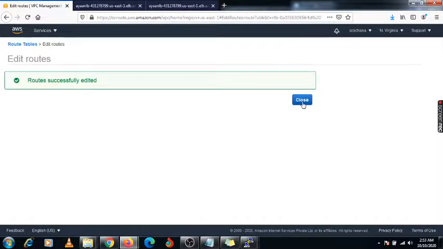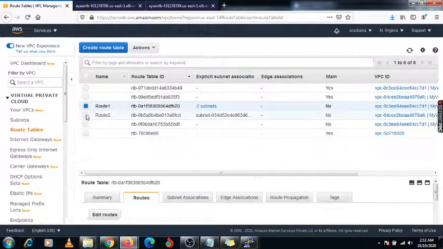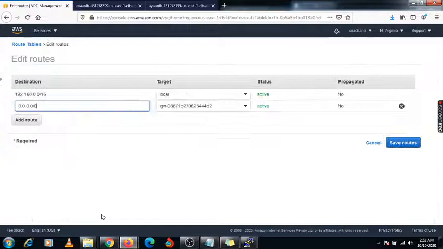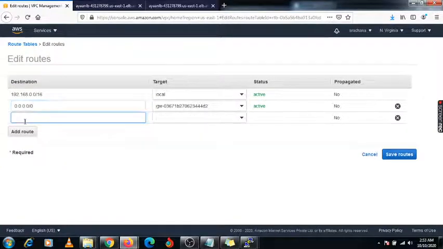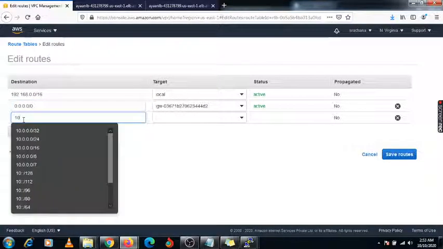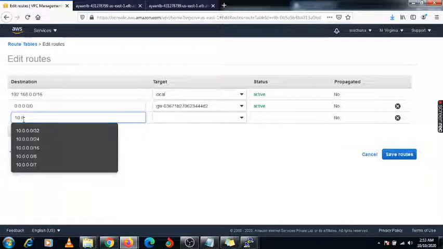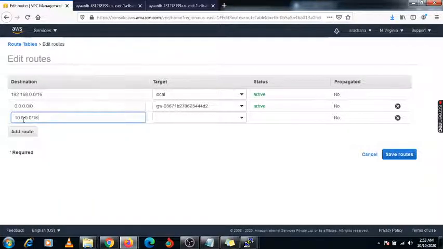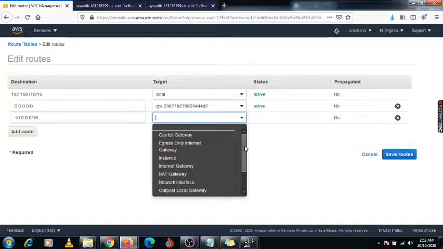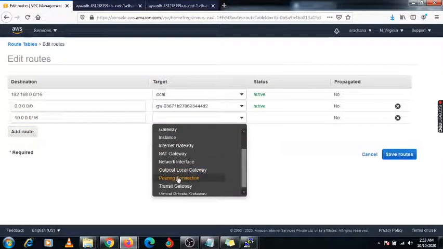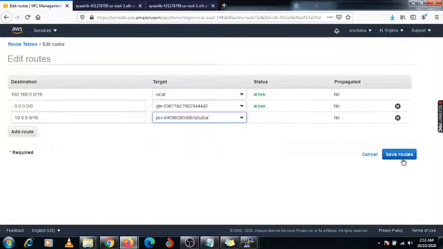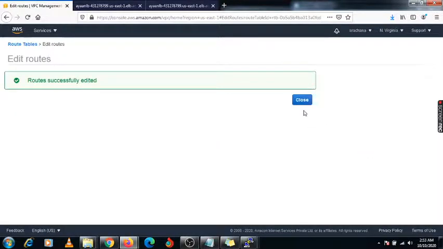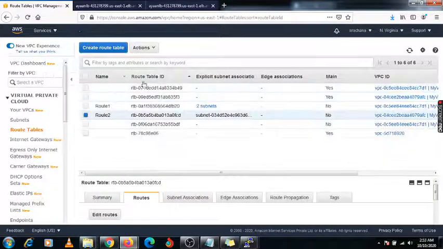Do the same thing for this other route. Go to edit route, add route, and specify the 10 series, 10.0.0.0/16. Select the same option, peering connection, and save it. Now you can check whether it is working or not.